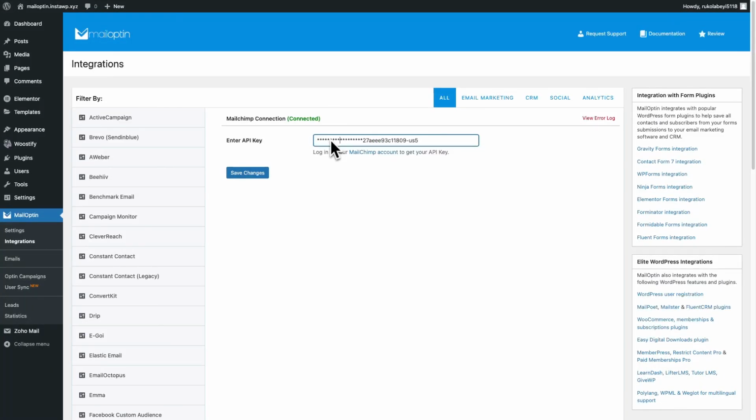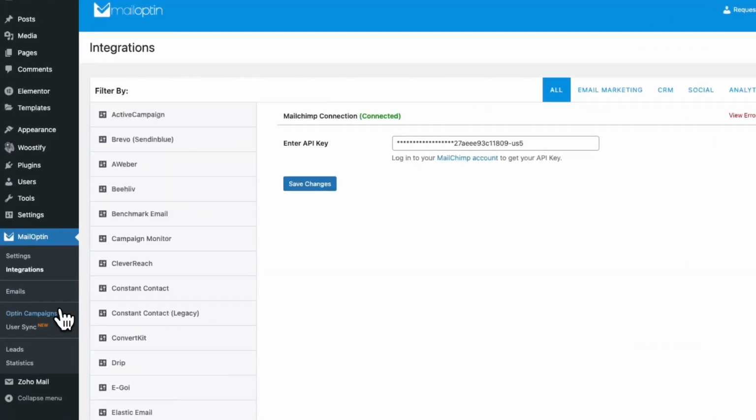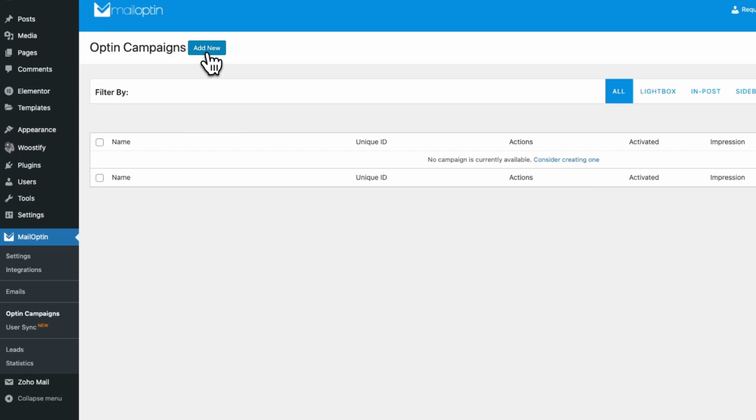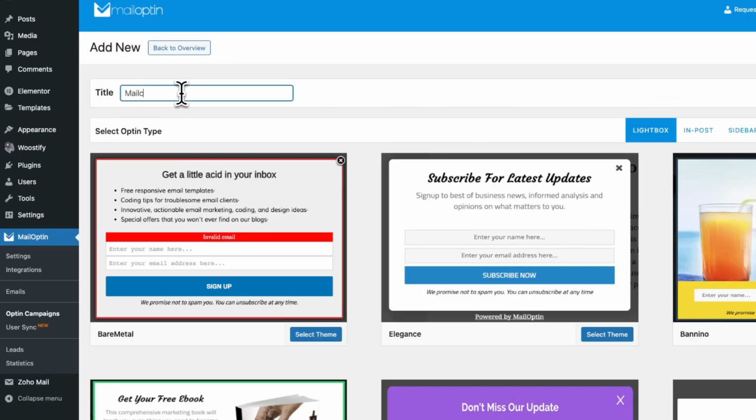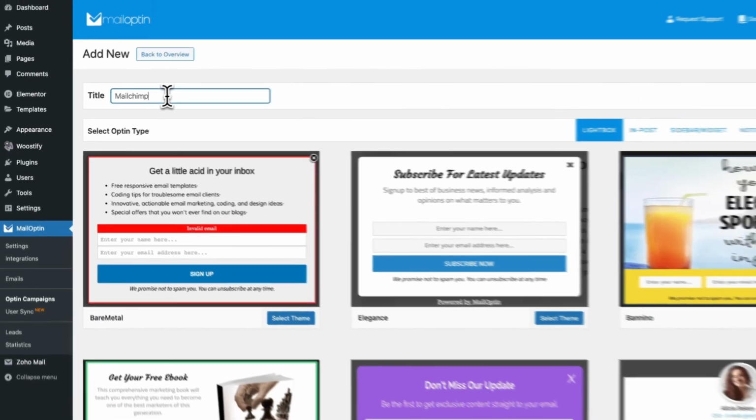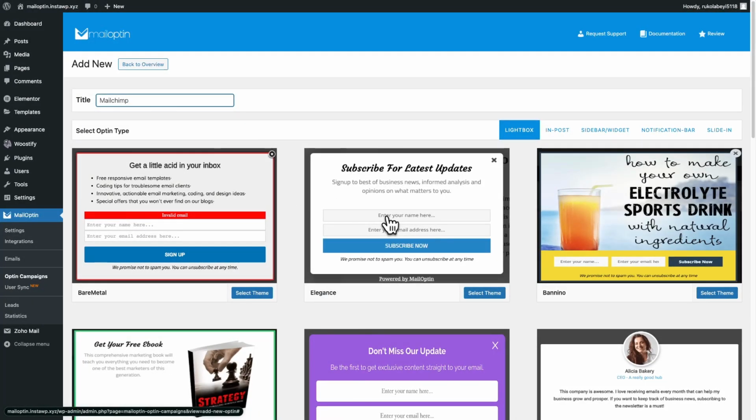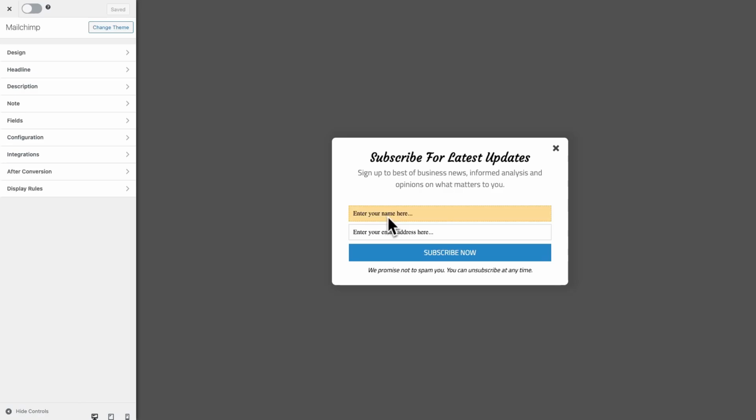So to create our opt-in, we just want to go to opt-in campaigns on the left. We'll click on add new. Now here we just want to name our opt-in. I'm going to call mine Mailchimp. The next step is to choose a template. Let's select this one. And that will take us to our opt-in builder where we can see a preview of